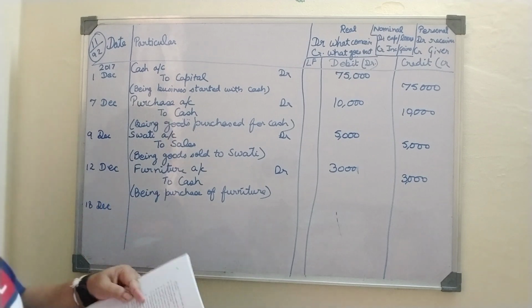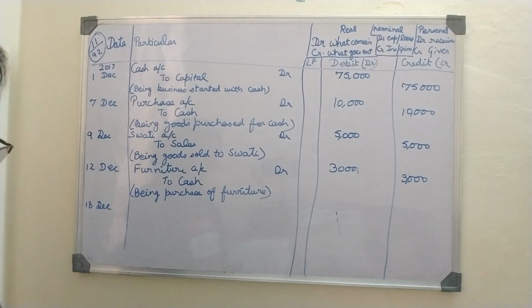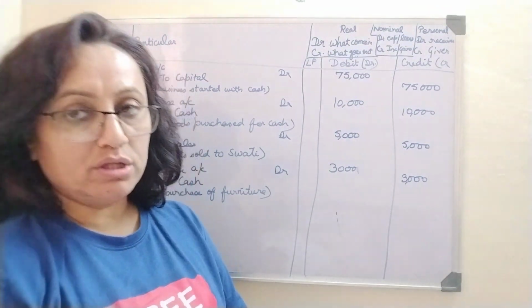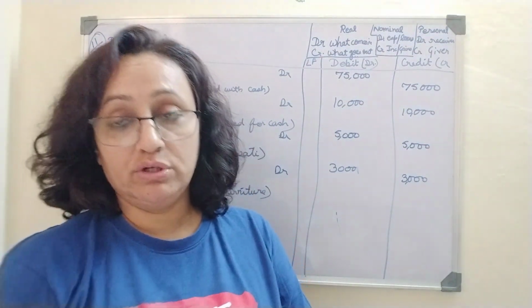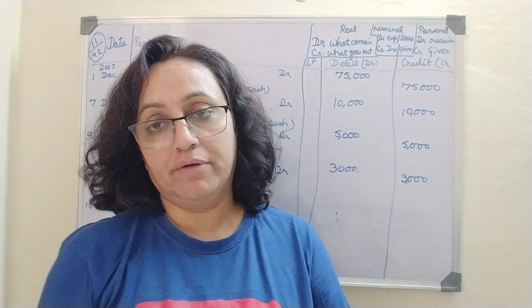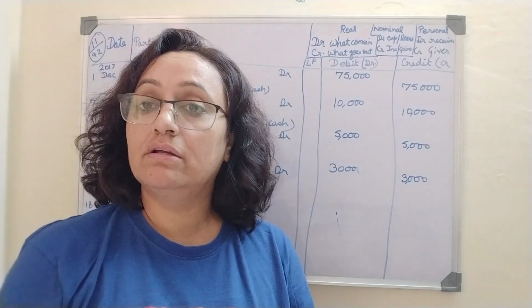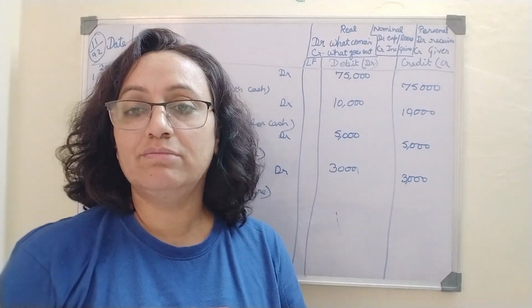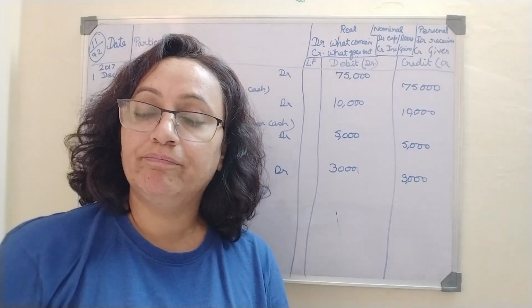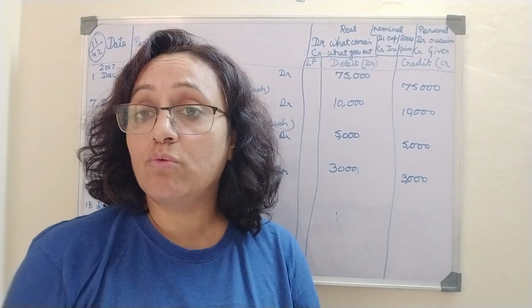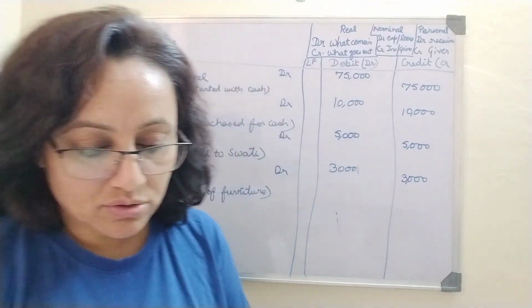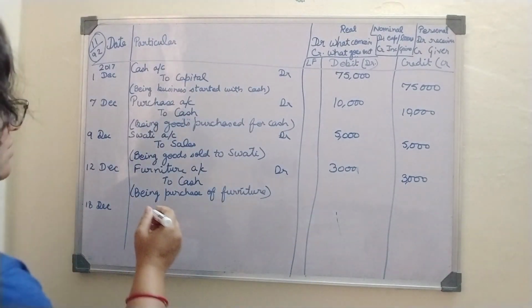The next transaction is cash received from Swati in full settlement, 4,000. If you see, we had sold goods to Swati for 5,000, but we have received only 4,000 from her. It means we have given her discount. So discount given is our kind of loss, right? Because we are giving discount to our debtor. So we have given her how much discount? 1,000. So entry will come, cash account debit,